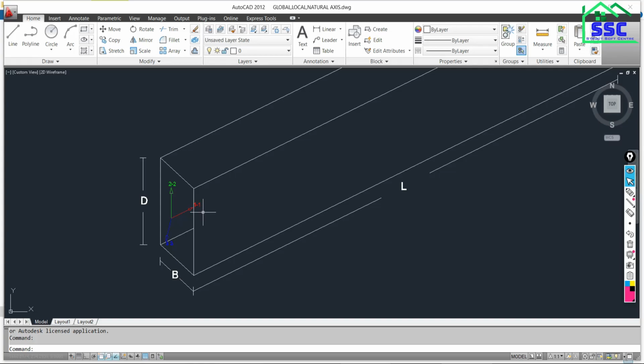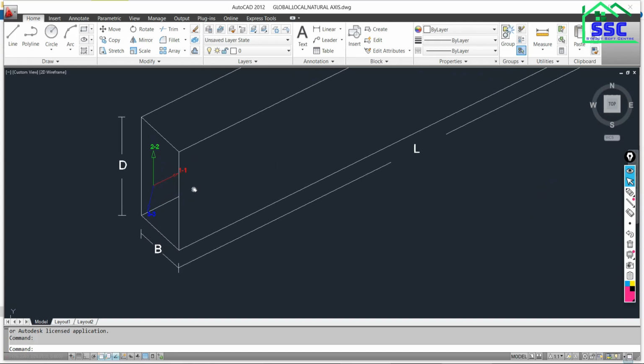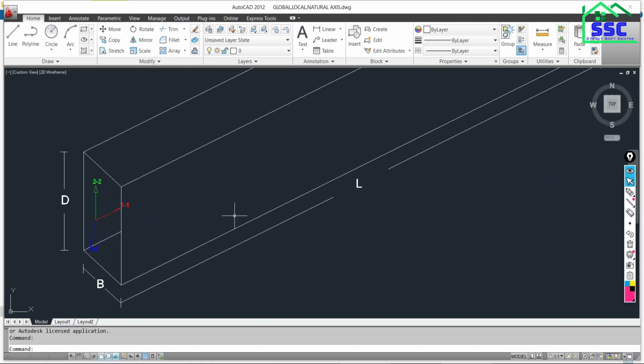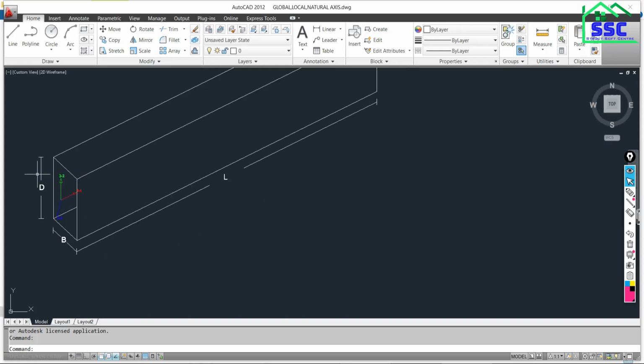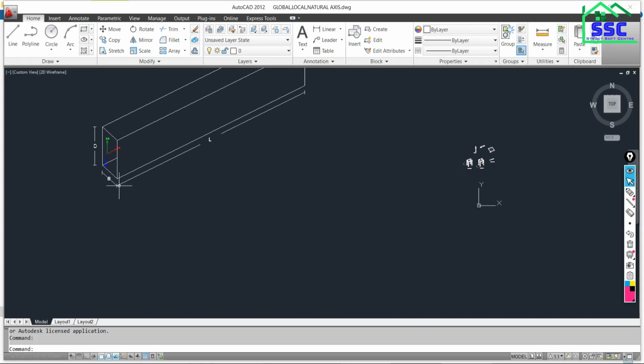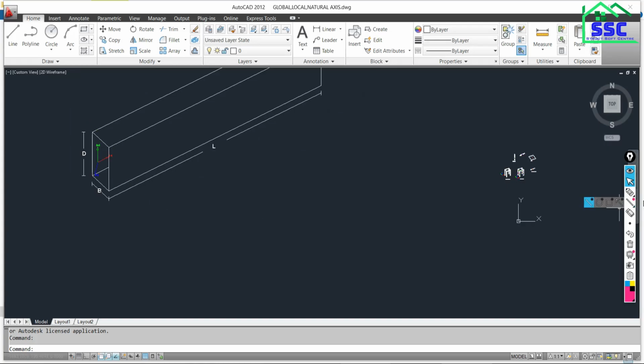If you are talking about the beam element, this beam element has three dimensions: length, width and depth. As you know, we have three equilibrium equations. Summation Fx, that means the forces along the x direction, along the longitudinal direction of the member, is equal to 0.